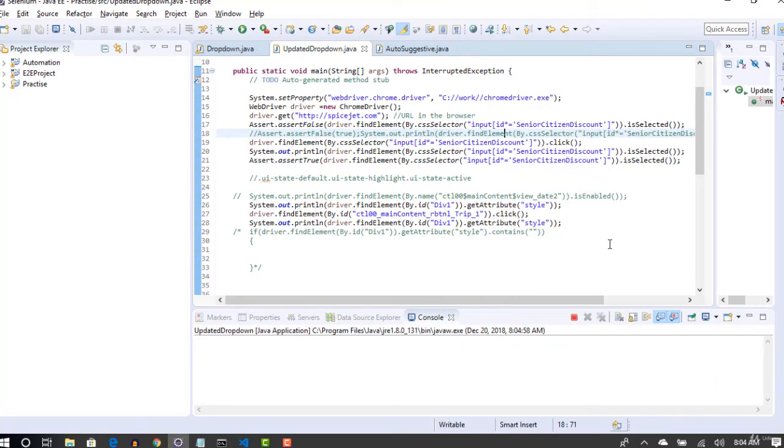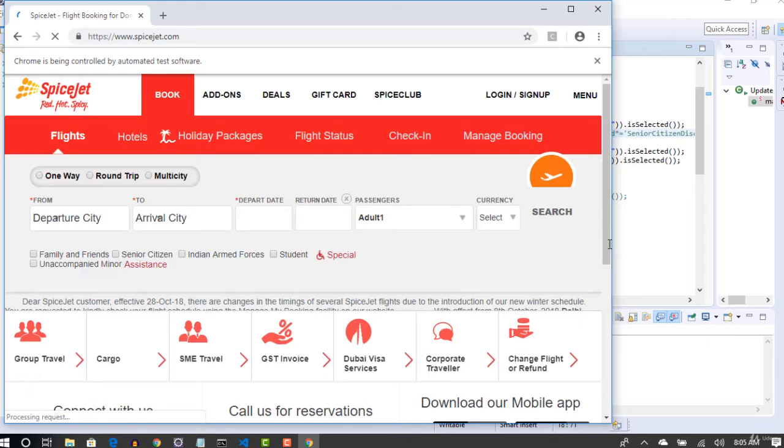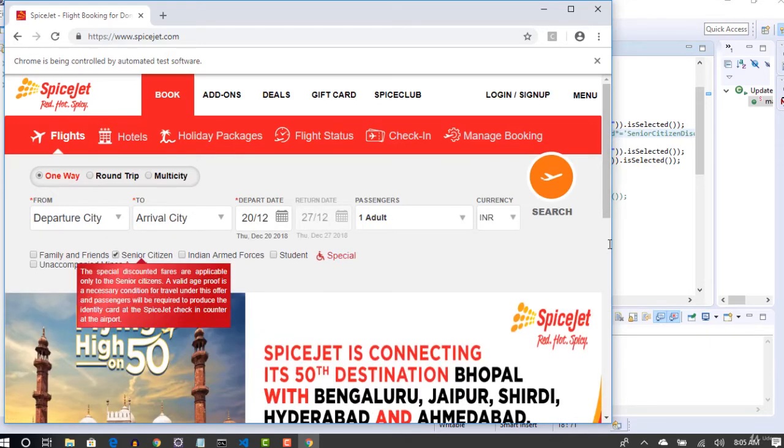Okay, so this is how you have to focus when something is enabling or disabling. If you are asked to validate it, look for the attribute which is getting changed on these actions, and pull that attribute using the getAttribute method, and then you put your validation. That's how things work.